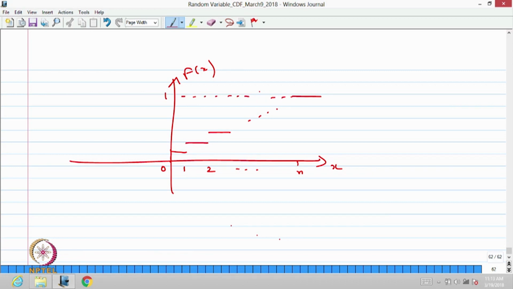So, this CDF is a right continuous function with n plus 1 jump points, and the jump values are n c x p power x, 1 minus p power n minus x. As a special case, when n is equal to 1, then the same random variable is a binomial distribution with the parameters 1 comma p, that is nothing but a Bernoulli distribution.